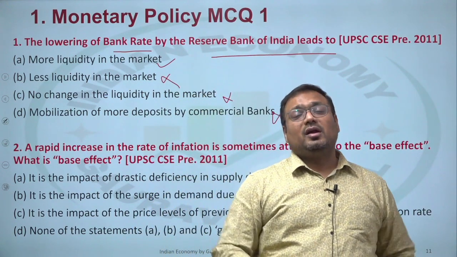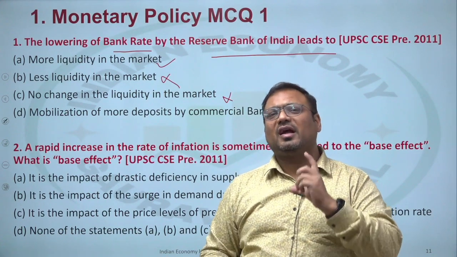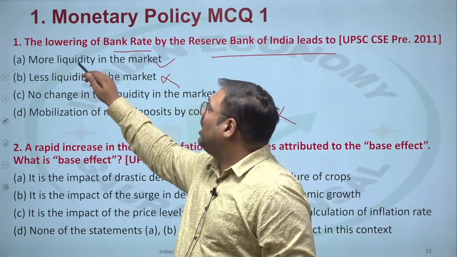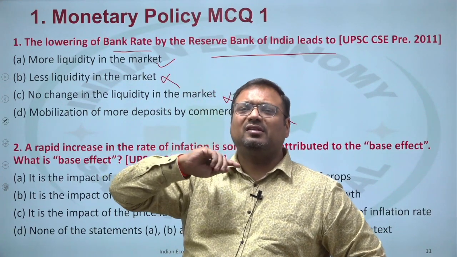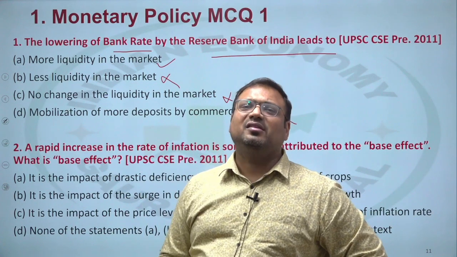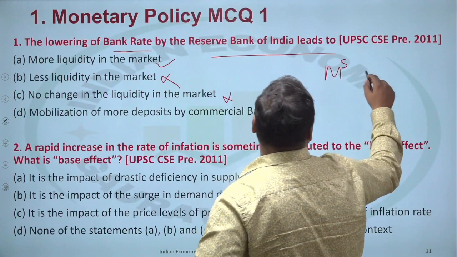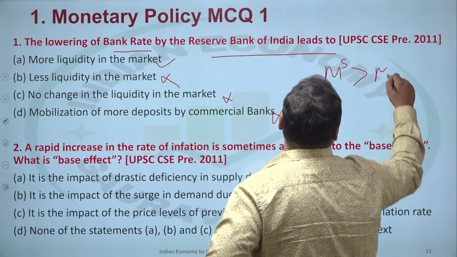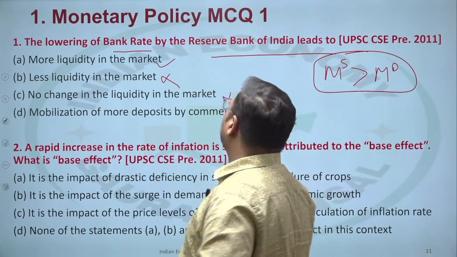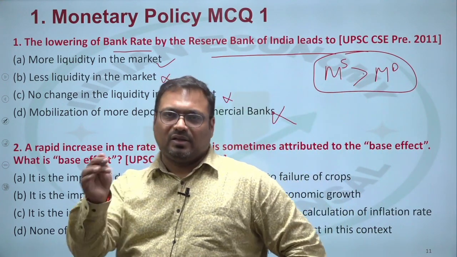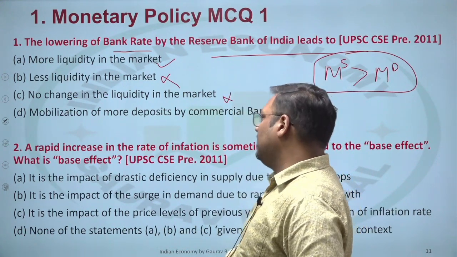More liquidity in macroeconomics. In microeconomics, liquidity is how easily you can convert an asset into cash or another asset. And in macro, it is how much overall money in the financial system is available as surplus. The excess of loanable funds over the demand for funds. This gap, this excess of supply, is known as the liquidity available in the market. If money supply increases, liquidity will rise, simply.